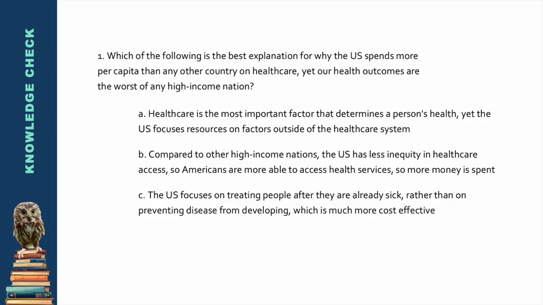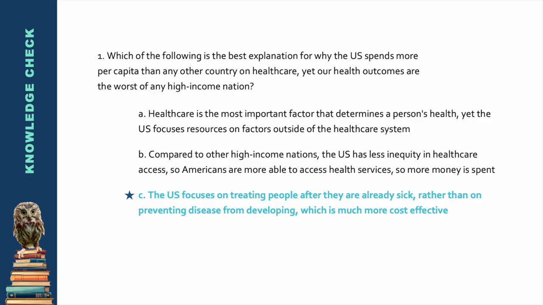Which of the following is the best explanation for why the U.S. spends more per capita than any other country on healthcare, yet our health outcomes are the worst of any high-income nation? The United States focuses on treating people after they're already sick rather than on preventing disease from developing, which is much more